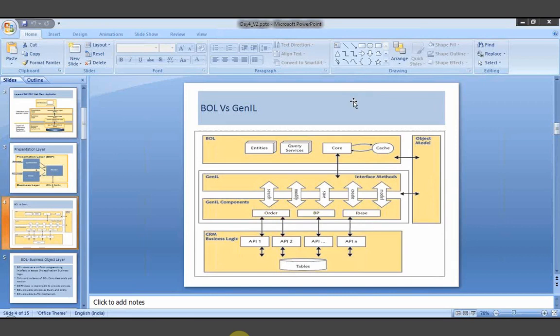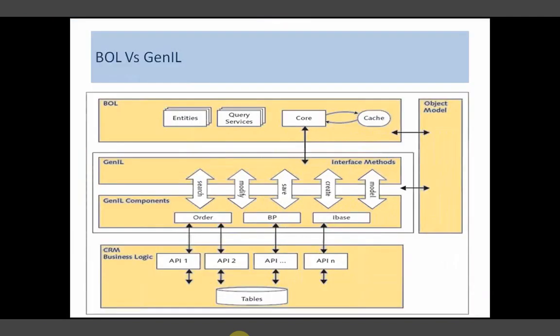Here the core will interact with the Genie layer, saying that I would like to get a query service. Let me put it like this. So core will try to interact with the interfaces.